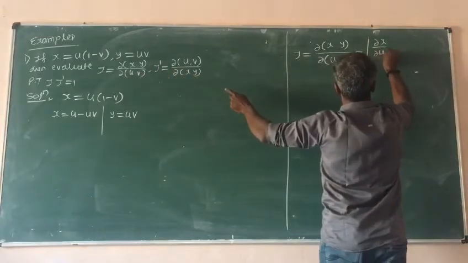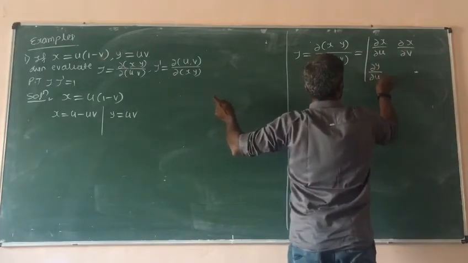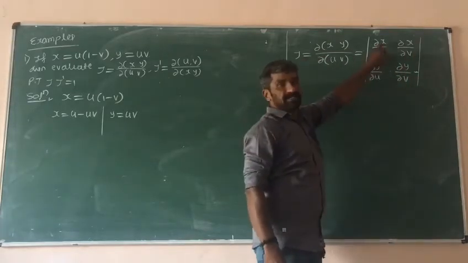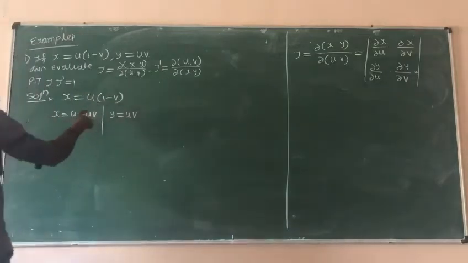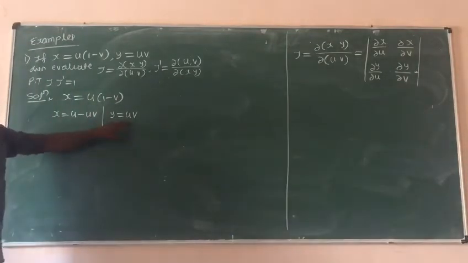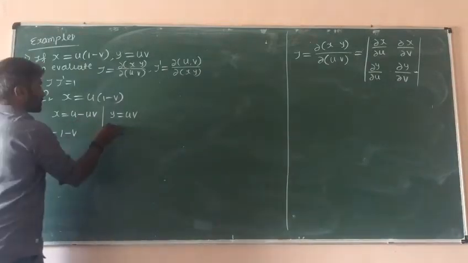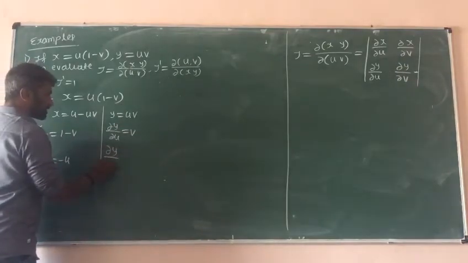∂x/∂v, ∂y/∂u, ∂y/∂v, right? So you must find ∂x/∂u, ∂y/∂u, that means the function x differentiated partially with respect to u and v, and the function y differentiated partially with respect to u and v. So ∂x/∂u is equal to 1 minus v, ∂x/∂v is 0 minus u, that is minus u. Then ∂y/∂u is equal to v,